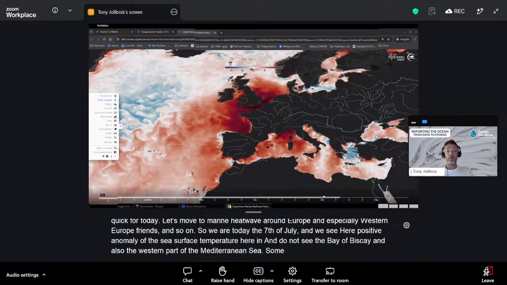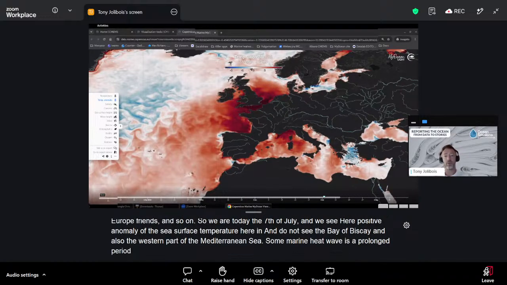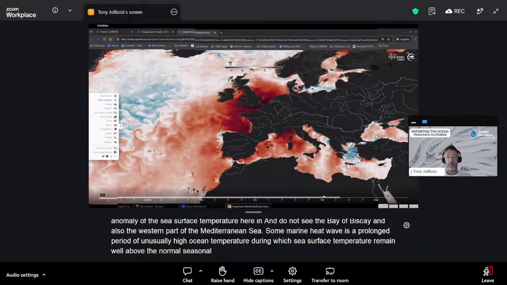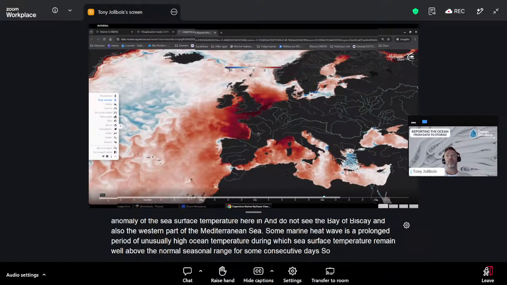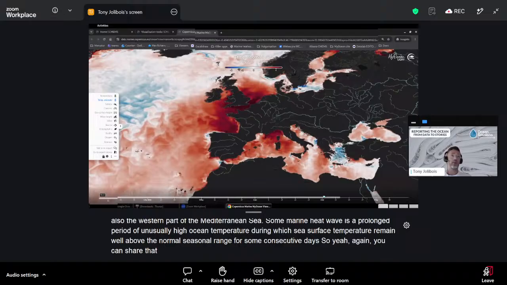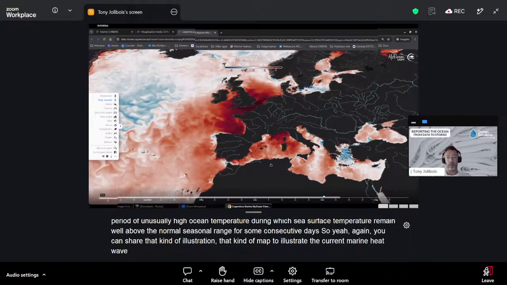So a marine heat wave is a prolonged period of unusually high ocean temperature, during which sea surface temperature remains well above the normal seasonal range for some consecutive days. So again, you can share that kind of map to illustrate the current marine heat wave in Europe,